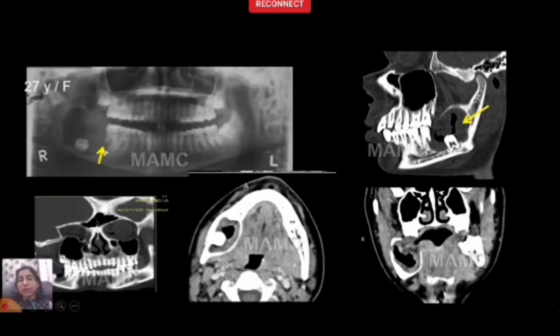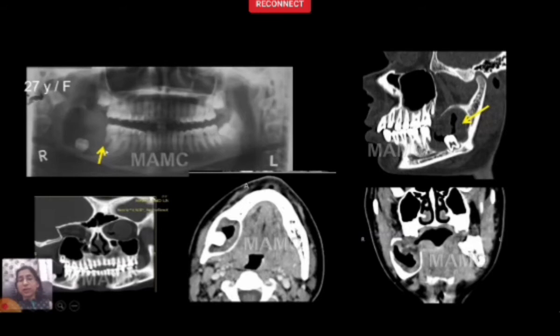Nasopalatine duct cyst. Now, this is another benign, non-aggressive, well-defined cystic lesion, usually presenting incidentally, but sometimes it can present a little more aggressively when it gets superimposed infection. So, a well-defined lucency between the central incisors, displacing the roots of the central incisors. This is the characteristic location of the nasopalatine duct cyst in the maxilla, seen in continuity, as we trace it on the other sections, with the incisive duct canal or the nasopalatine duct, as it may be called.